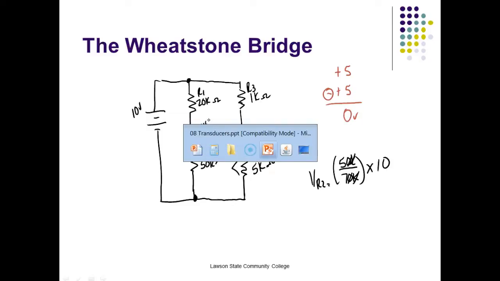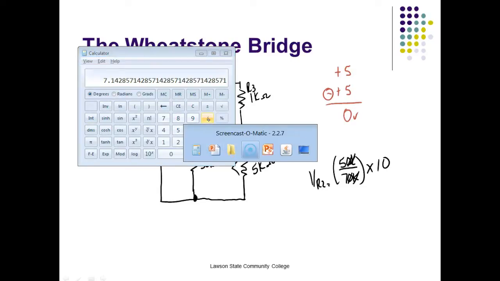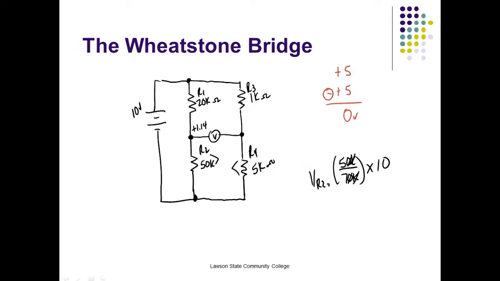I'm going to go back and double check that. 7.14 volts. Good thing I did. 7.14 volts. Now, if I get 7.14 volts right here, that means this meter would measure 0 volts. So VR4